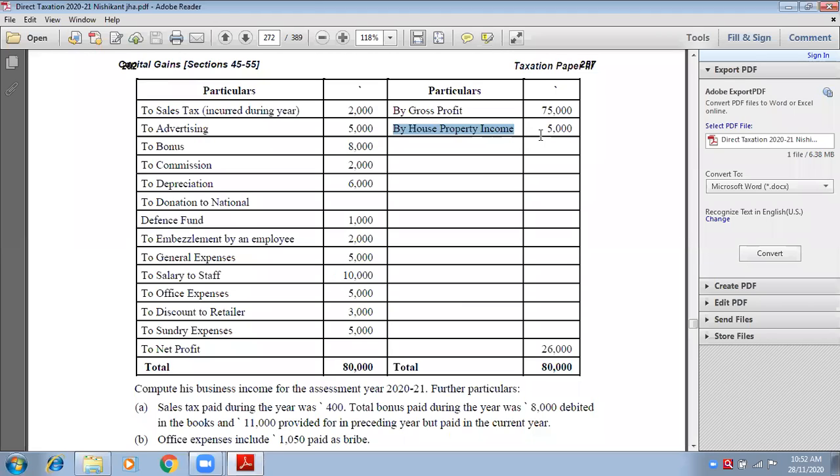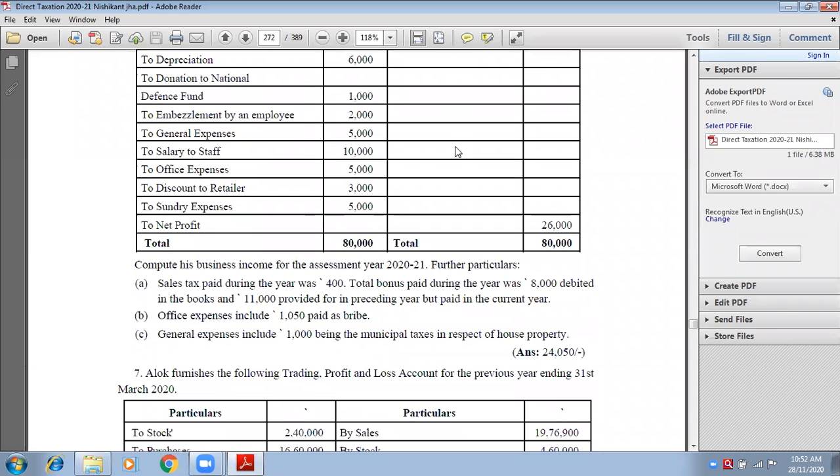So, house property income will be disallowed. 5,000 will be disallowed. Disallowed means less incomes not to be shown here, since they relate to other heads. So you need to put 5,000 in the bracket, outer column. And in the adjustments, no income is there. Okay, last heading, add incomes to be shown, and you need to check adjustments in the